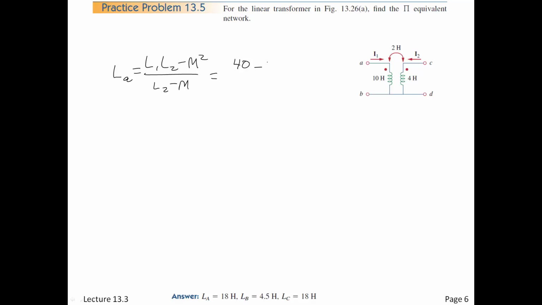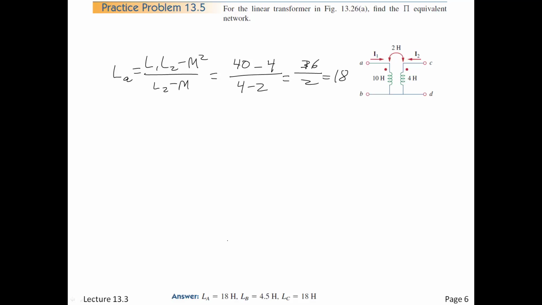This is not omega L or omega M. So that's 4 over L2, which is 4 minus M, which is 2. So what does this come to? It's our 40 minus 4 looks like 36 over 2 is 18. Okay,